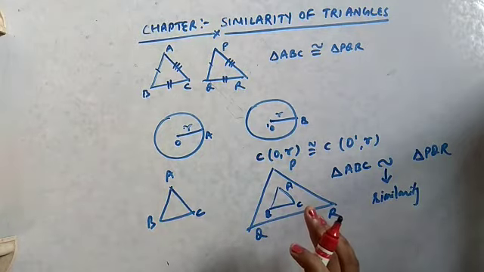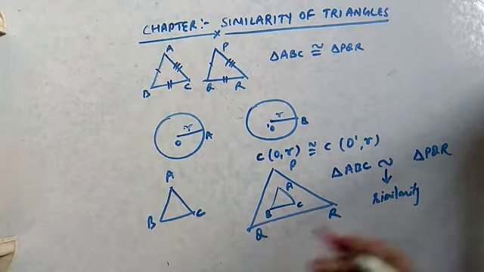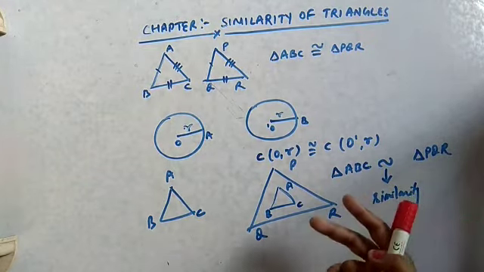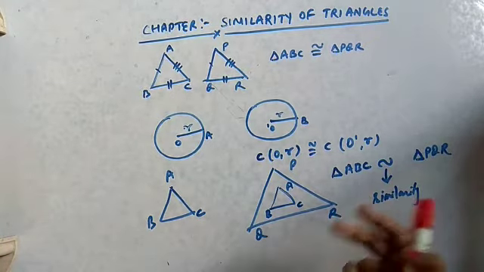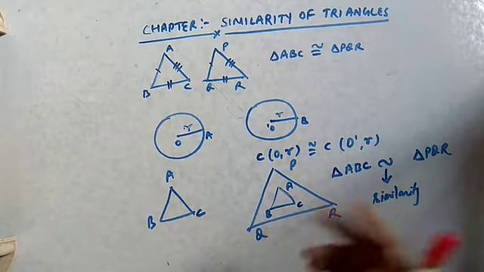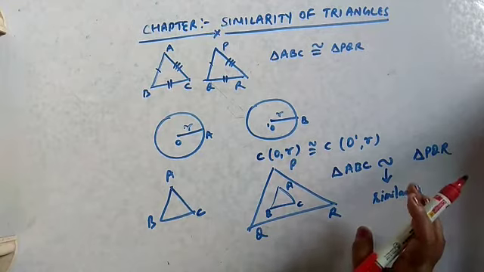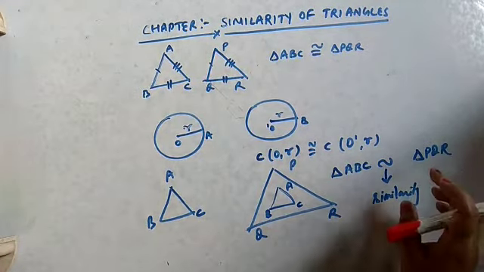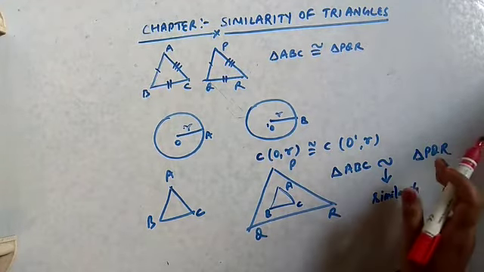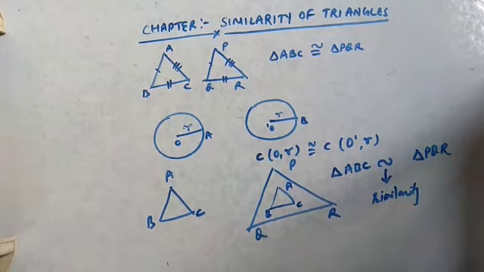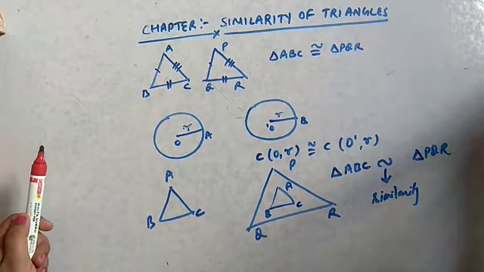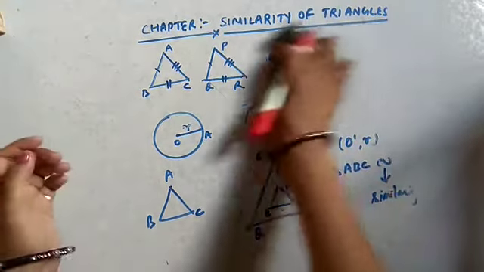Okay. So now in this chapter, we will discuss how we can say whether two triangles are similar or not, because sometimes we have two different triangles or two different circles. Circles are always similar because they look like each other in all manner. But in triangles we have some criteria that we have to keep in mind to tell whether two triangles are similar or not. So now let us first discuss some illustrations. After that we will come to the criteria of similarity.